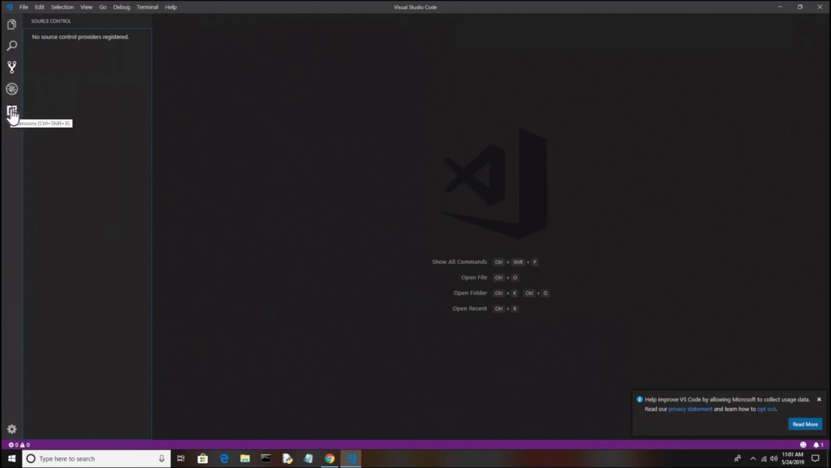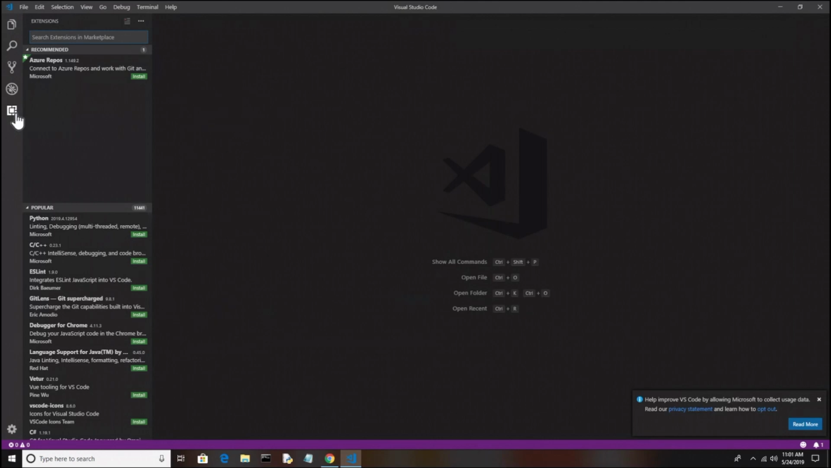And then the very bottom one is extensions. And this is what really gives your editor power. You can install certain extensions to allow you to do different stuff with this editor, and it can be really helpful. So the very first thing we want to do is click on this extensions and search for the Python